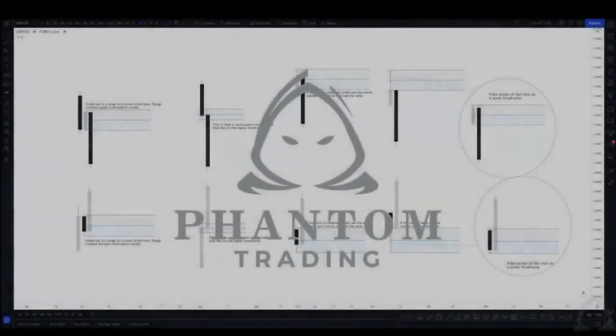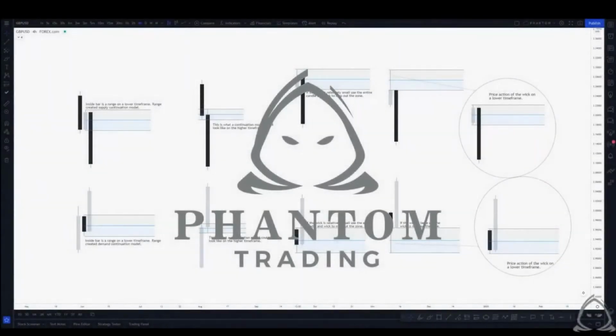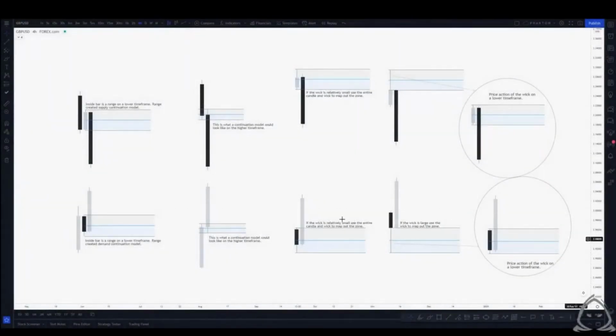A few refinements that you can integrate into your supply and demand zones are the concept of inside bars, how we can view continuation patterns on higher timeframes and what they look like on lower timeframes, and finally, what wicks represent. These are all refinements that relate to lower timeframes, but you can use the higher timeframes to build upon them. And what I mean by that is if any one of these three situations arises on, say, a 1